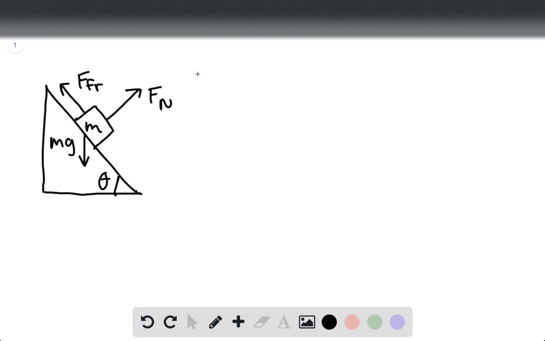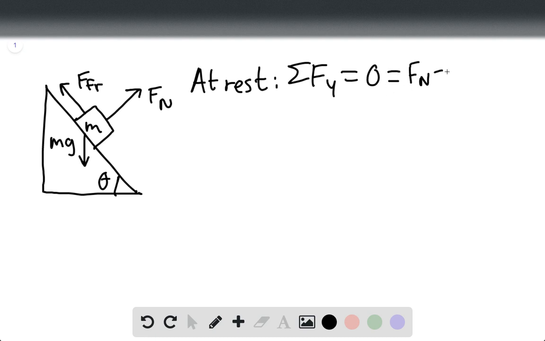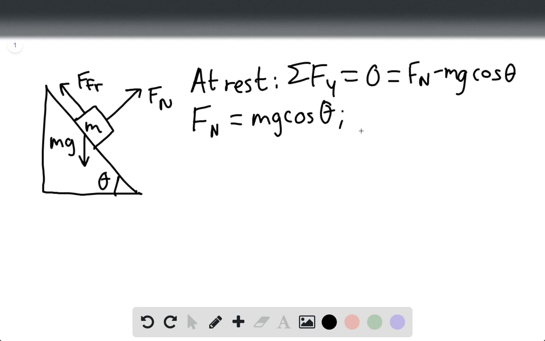So we need to first apply the sum of forces in the x and y direction. However, this snowball is at rest. So we can say that sigma F in the y direction equals 0 newtons, and this will equal a force normal minus the y component of gravity, so mg cosine of theta. Now, we can infer that the normal force equals mg cosine of theta,